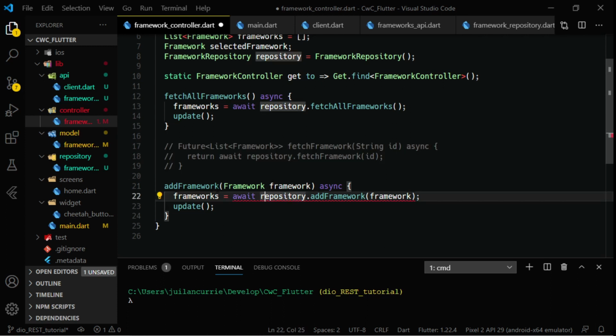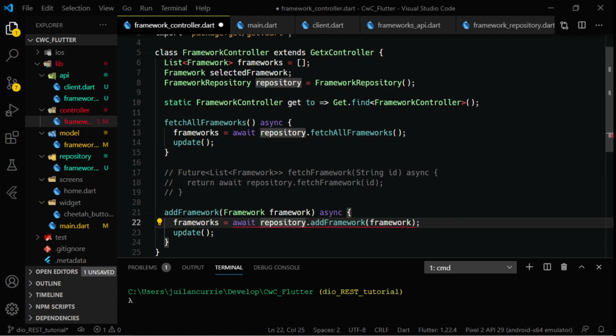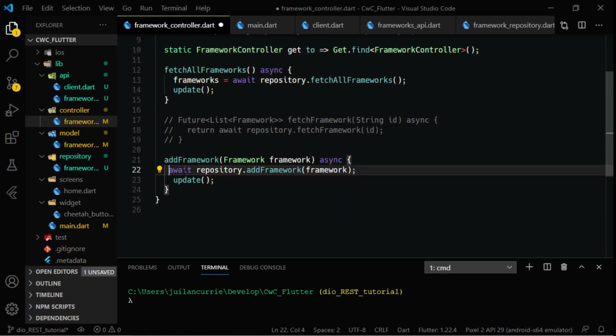Okay, so back to the addFramework. We don't want to set this equal to anything like so. We want to add the framework from the API to this existing list here. Okay, so let's get rid of this. And instead of await here, let's get rid of this too. I want to say